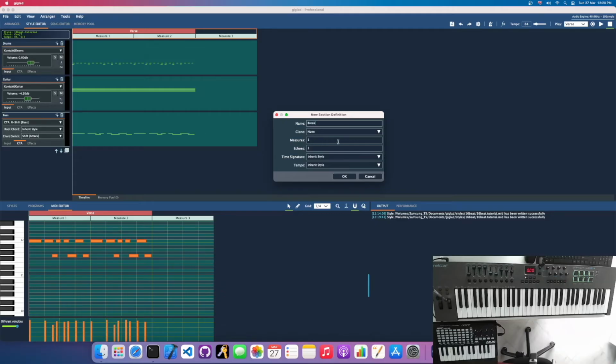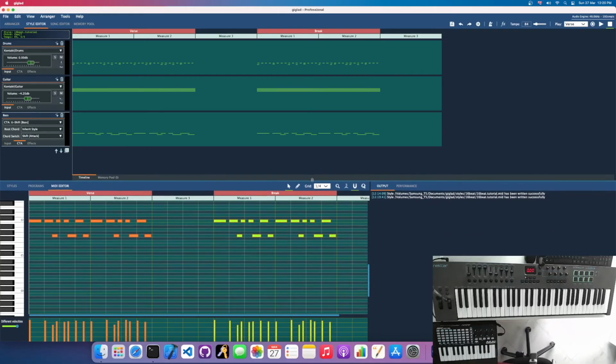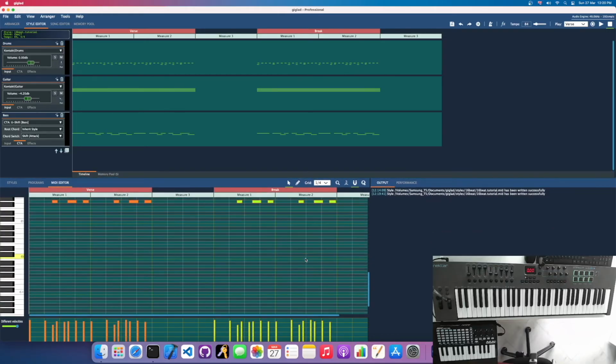And I can define everything from scratch, but really I don't have to do that because after I define my first section, the others are quite similar. So what I'm gonna do is select clone, and select clone verse. So I do that and I press OK, and I get a second section which is called break, and it's exactly the same, which I'm gonna modify a bit to make it sound like a break. Okay, so in fact I'm only going to change the drums